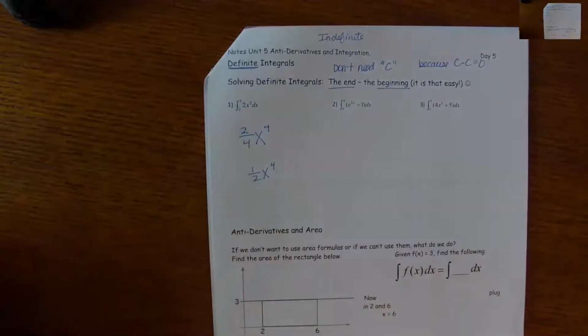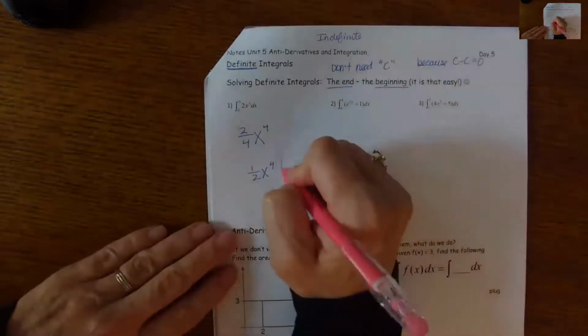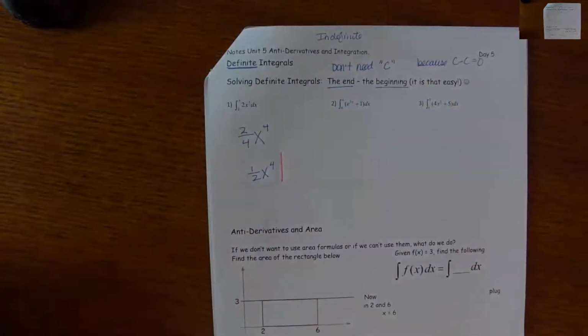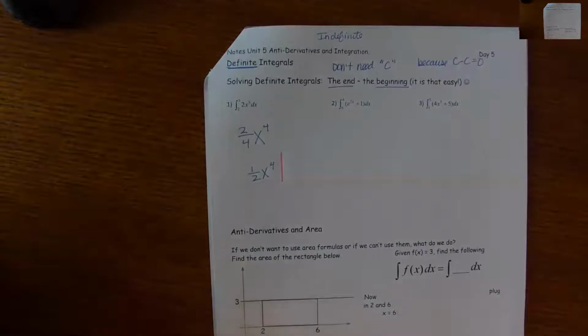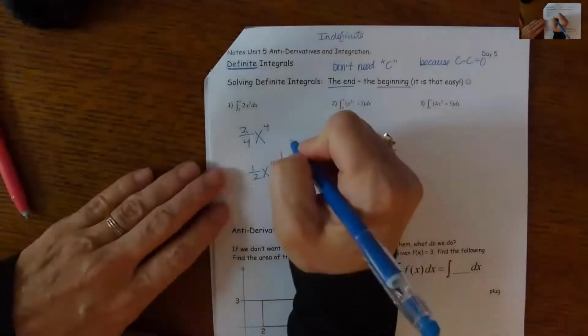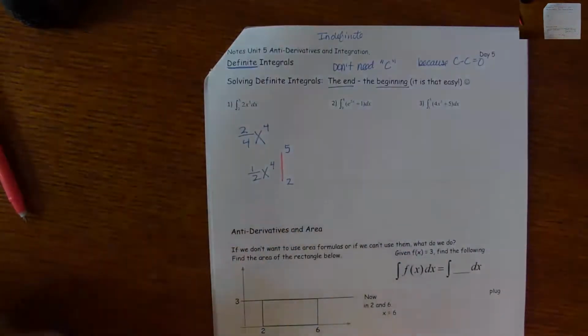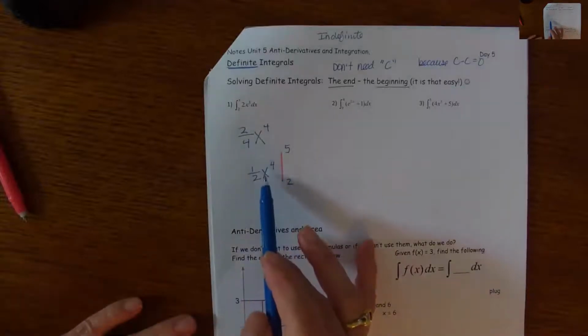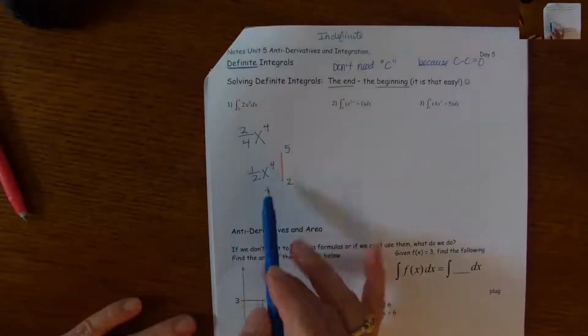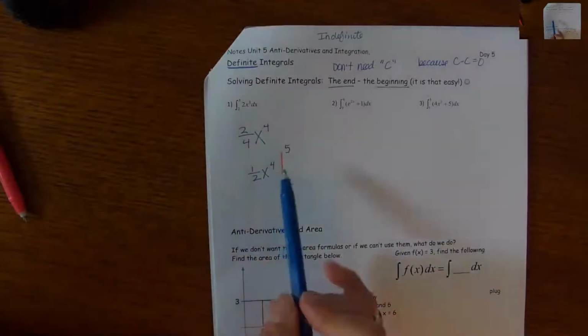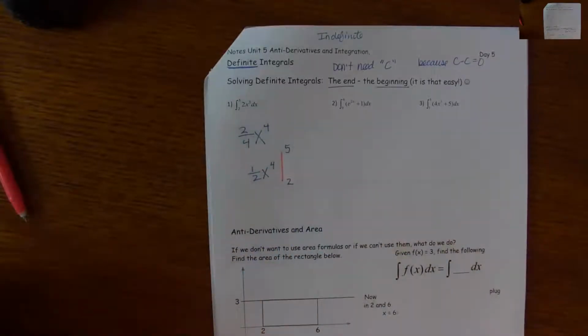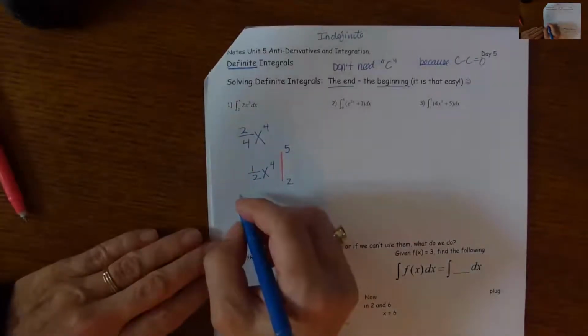Now, instead of writing plus C, no more plus C. You draw a bar right there. It's just a line. And you write on it your two numbers. This is proper calculus notation. And now you plug the 5 in here, get an answer. Plug the 2 in here, get an answer, and we subtract them. What is 5 to the 4th? 5 times 5 times 5 times 5. 625